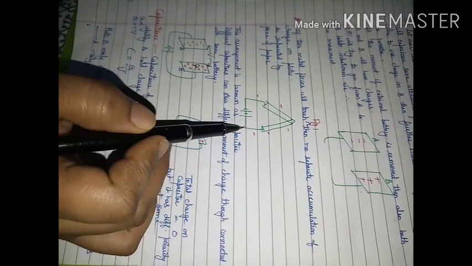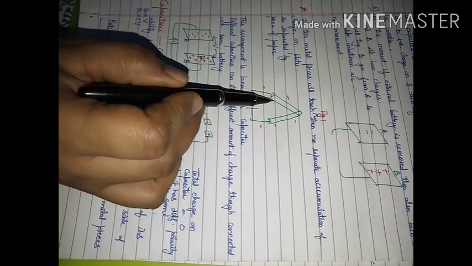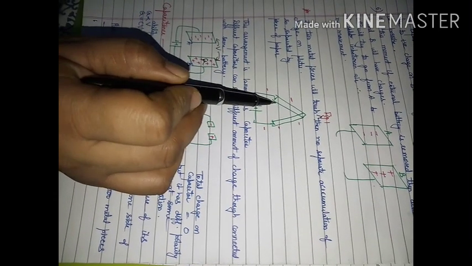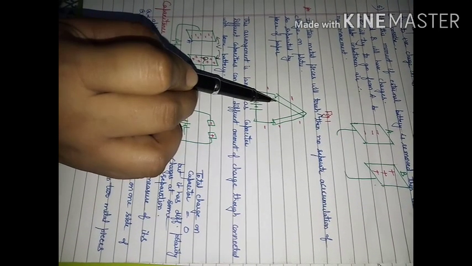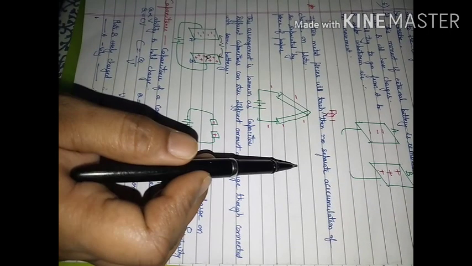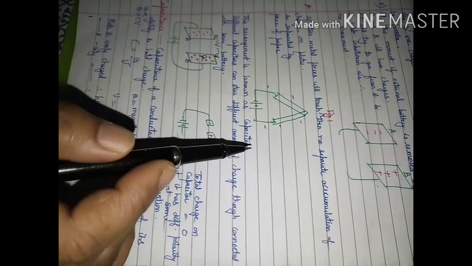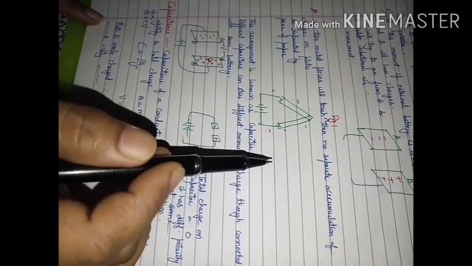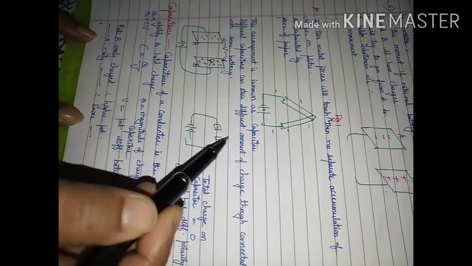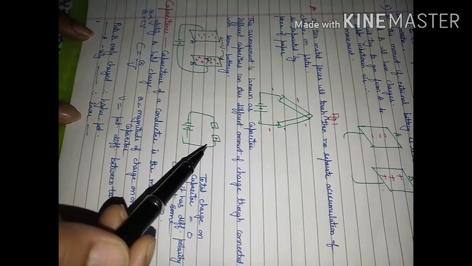If the gap is not there, electrons will move from this side and come back again, so the circuit will be completed. So in this case, we will not be able to get two plates with equal and opposite charges. Means equal and opposite charges will not be at a separation with respect to each other. So our purpose for which we are considering this will not be fulfilled.